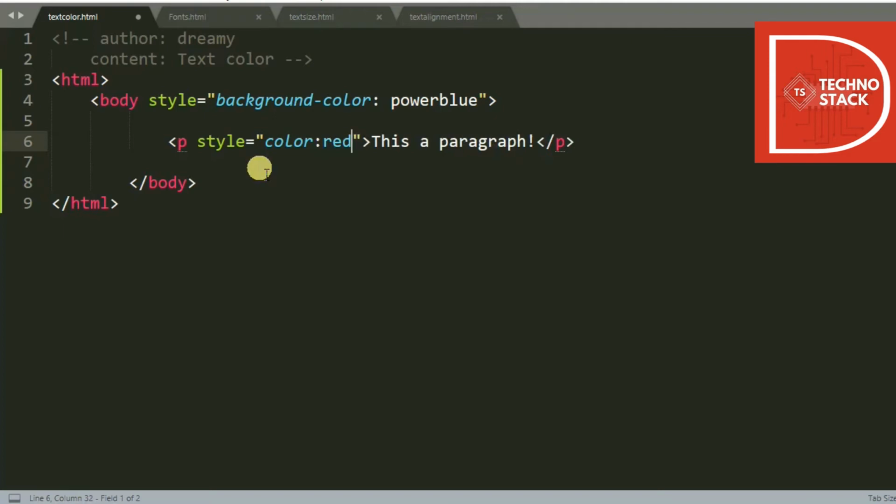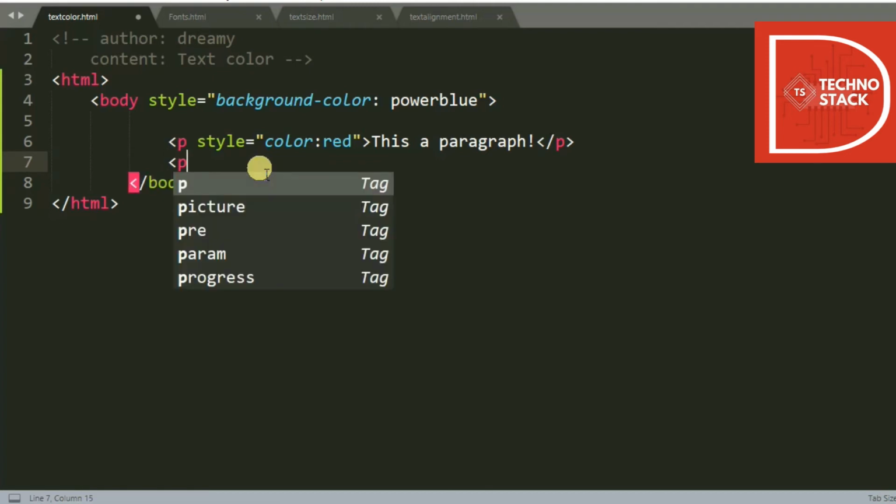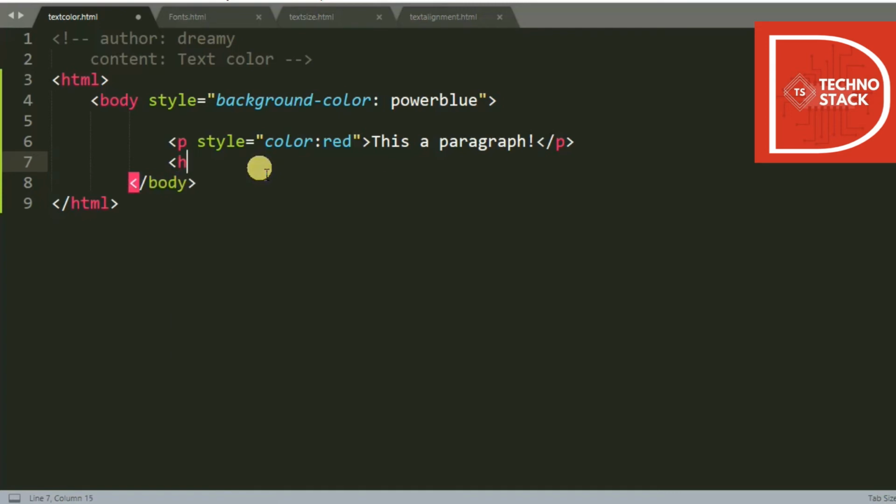So we have taken red color here, and what else we can do is take another paragraph tag, or let's just take a heading.